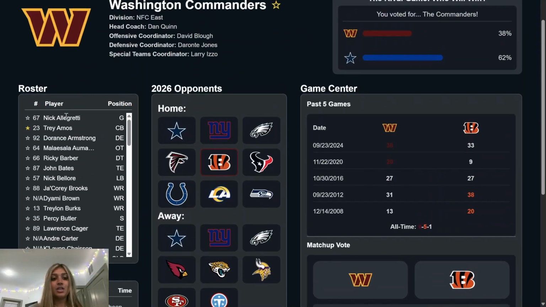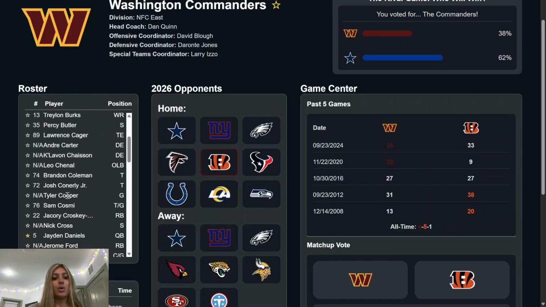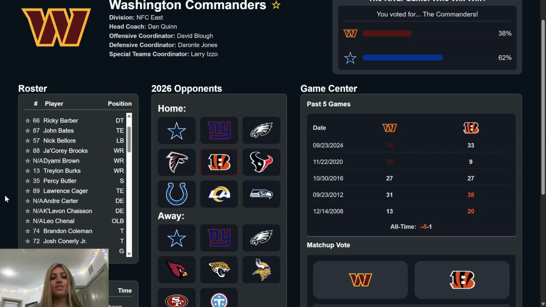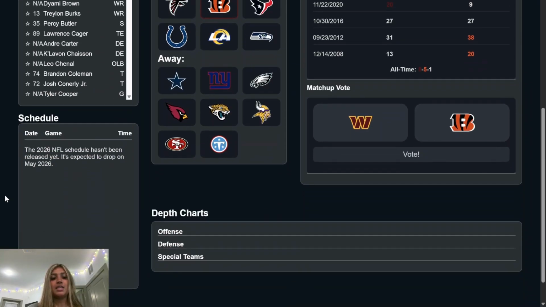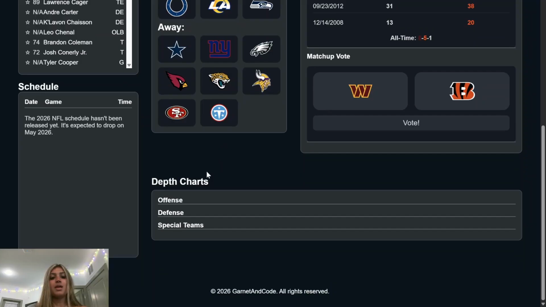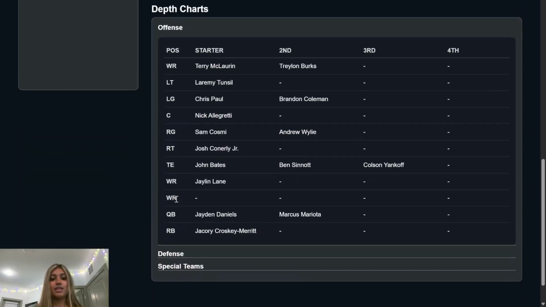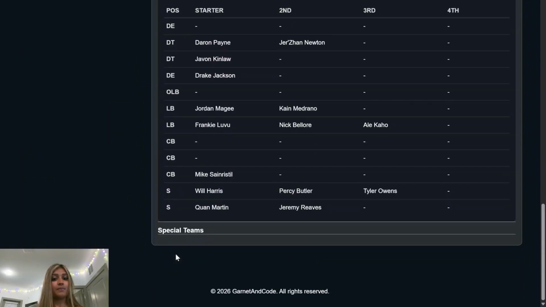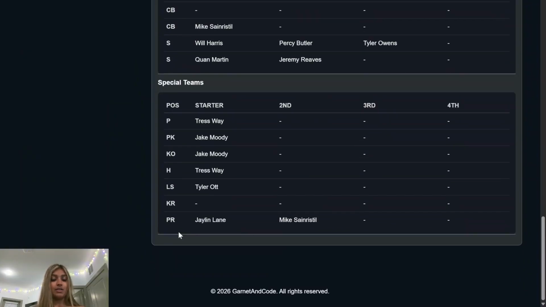On the far left, you can see his favorited players. He favorited number 23, Trey Amos, as well as number 5, Jaden Daniels. Underneath the roster is the schedule, which the NFL hasn't released yet, so TBD. Down here are the depth charts, and it'll show the offensive, the defensive, and the special teams depth charts